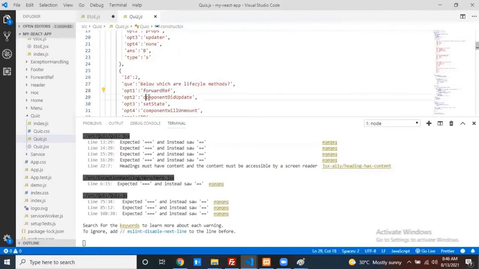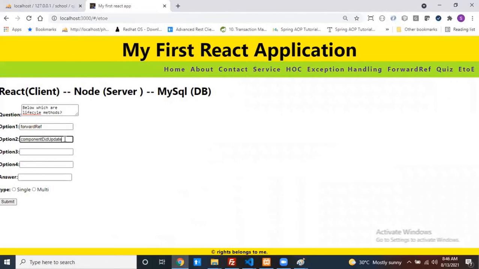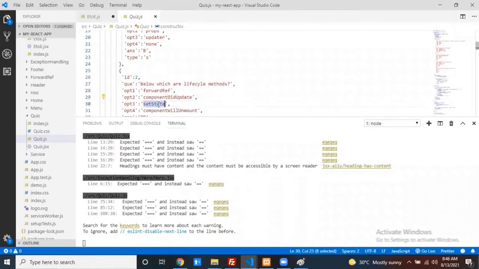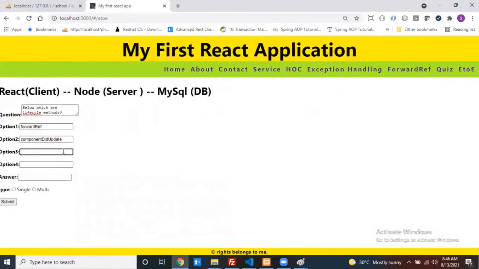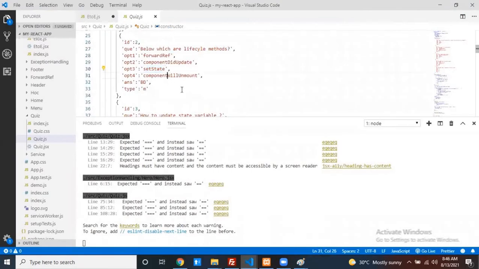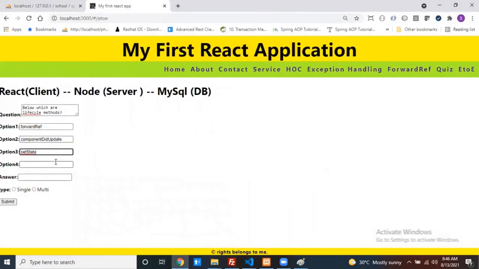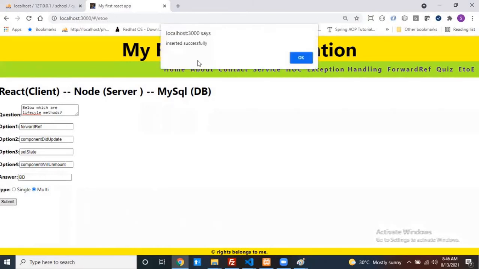The next one is component did mount, component did update. The next one is set state. Component will unmount. Now the answer is BT, it's a multi. Now can I click on submit? Yes, click on submit. Inserted successfully.